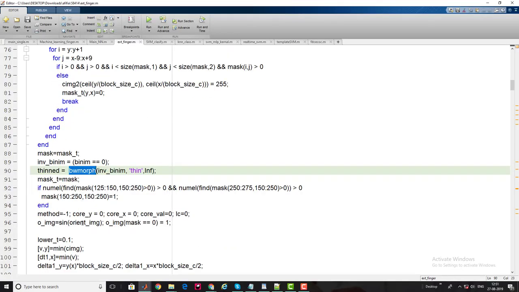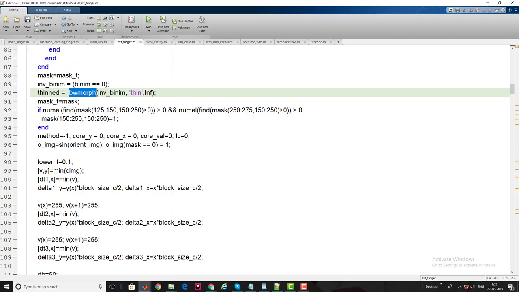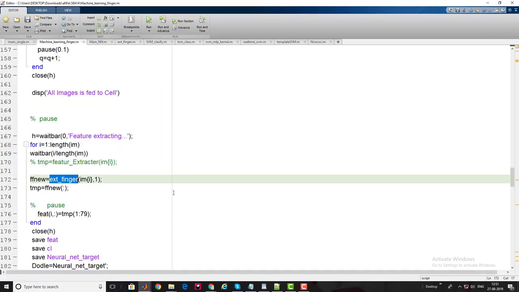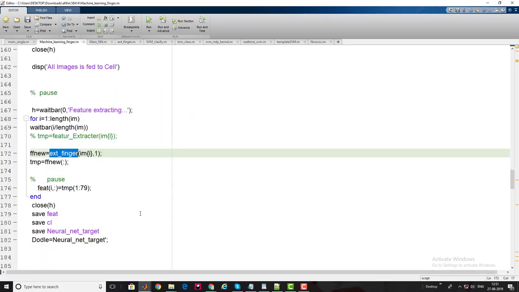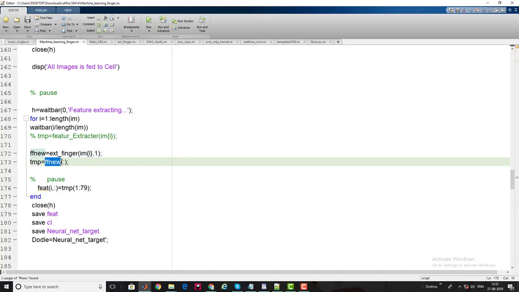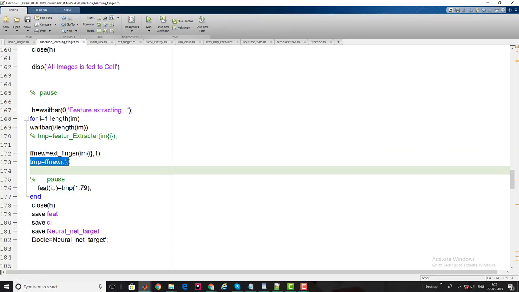Then I find the orientation of the minutia points, and I obtain a minutia vector using feature extraction. Thereafter, for classification in support vector machine, I need a unidirectional one-line array, so I remap each extracted feature into a one-dimensional array here. After remapping, I obtain some number of features.